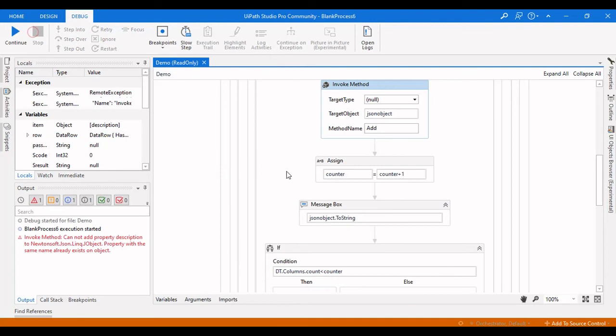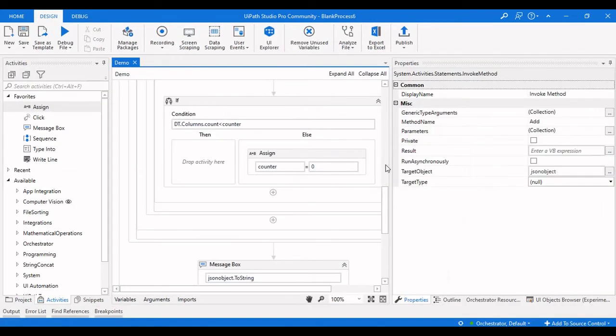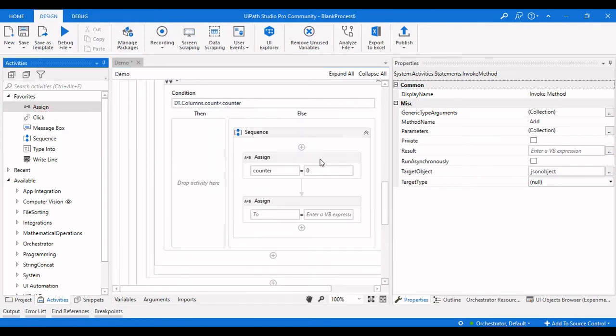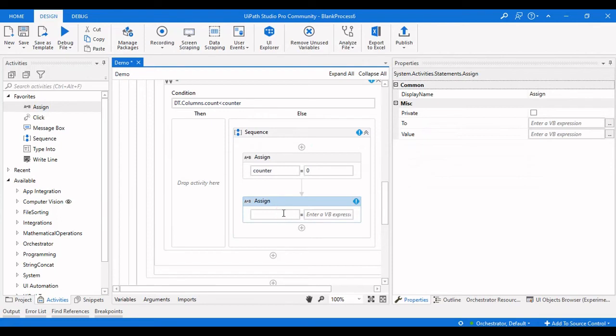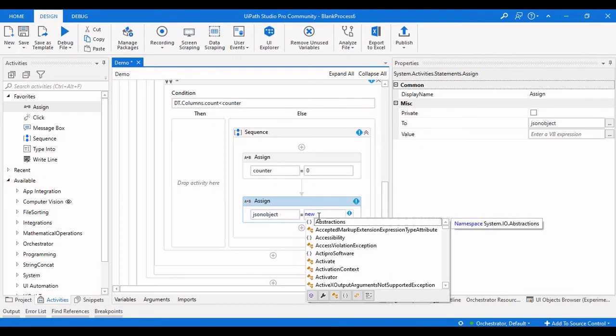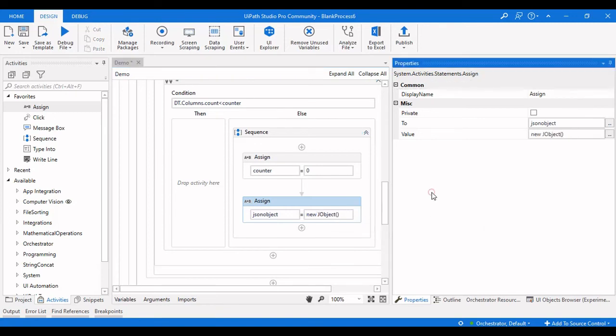So what we can do, after completing that, is make the JSON object a new one so that it will not contain the old data present there. So we are actually making a new object for the JSON object, and let me try this now.